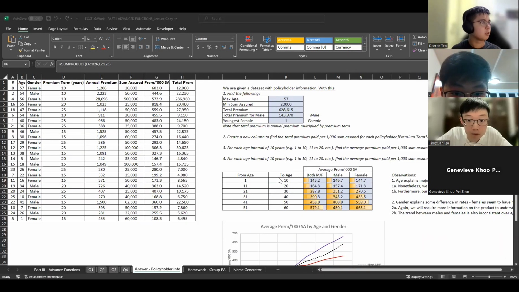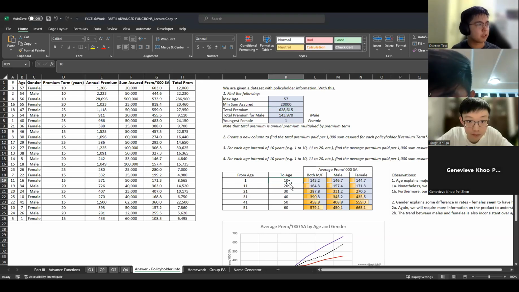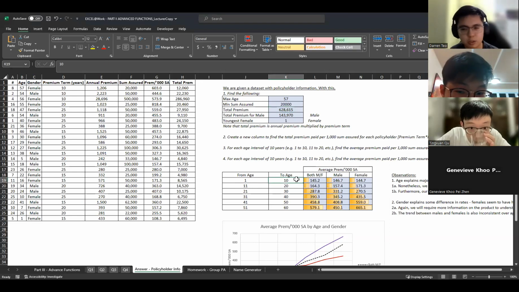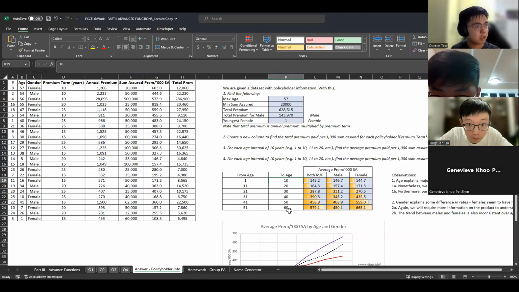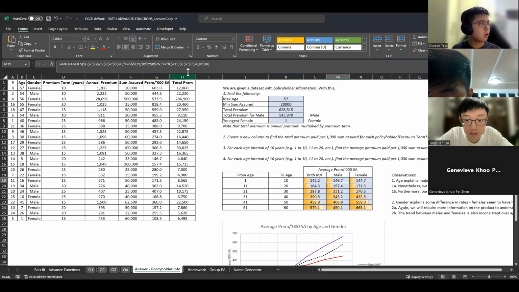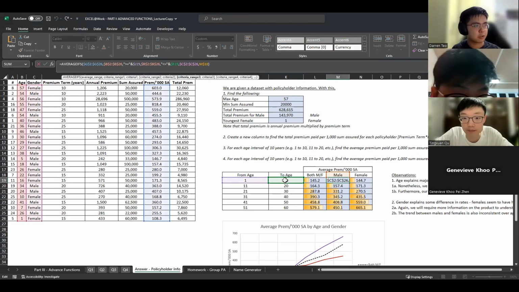Let me just share my screen now. Yeah, because you can reference from here straight away, because sometimes your work needs you to reference certain cells. So it's better to just reference one particular cell straight away. For example, my answer here, I will straight away call on this cell here and this cell here.